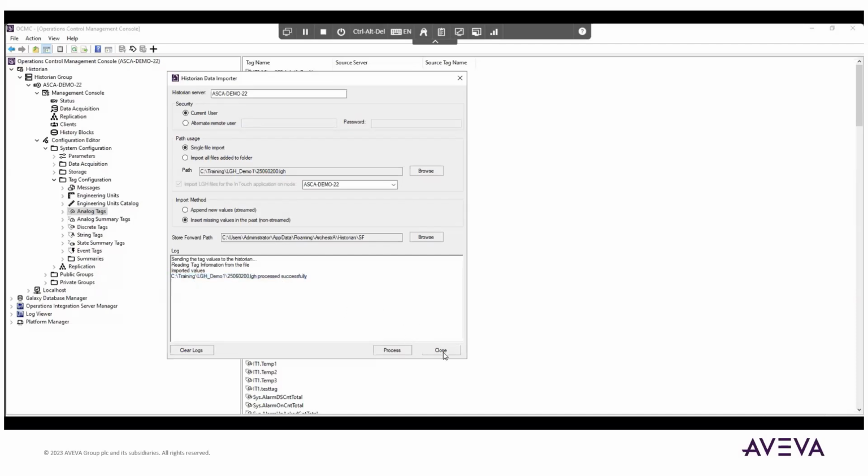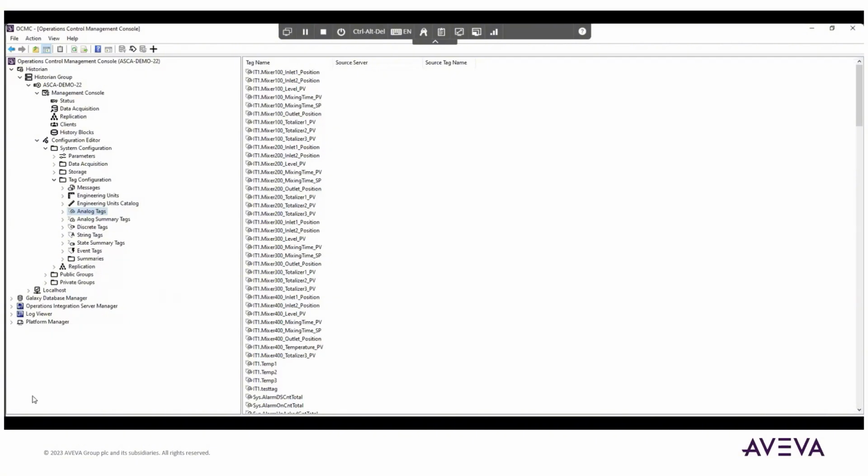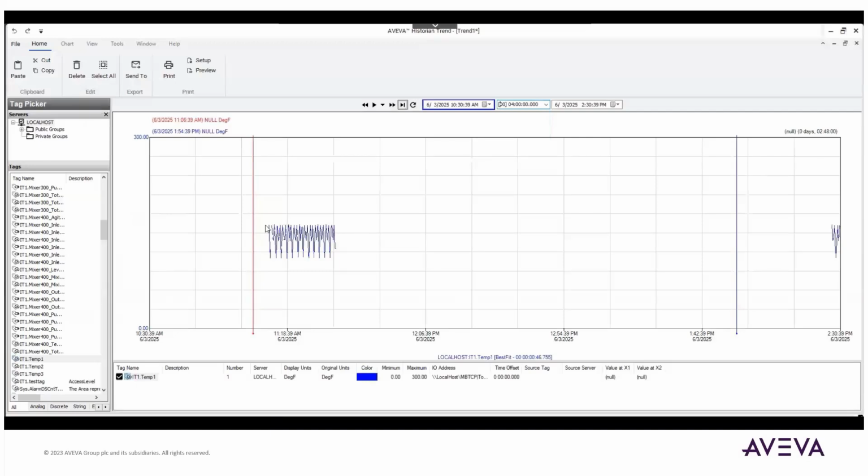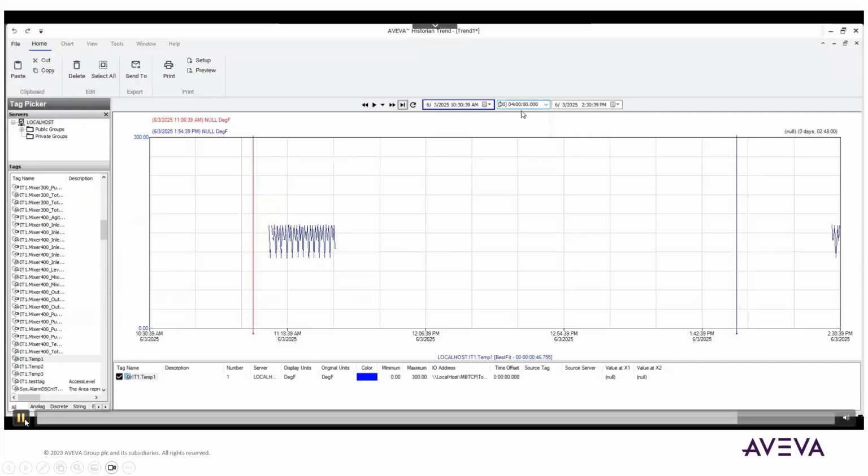Now, if you want to verify how the data is looking in your history blocks, you can always use the trend. That's what I'm doing right here. Now, I'm going to pause here. When you're doing this, you do want to avoid this gap. You want to make sure you don't have this gap. The reason why I have this gap is because